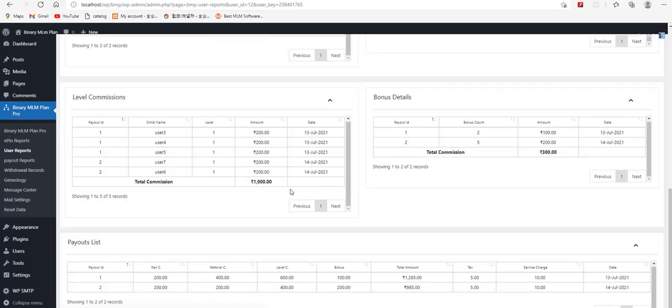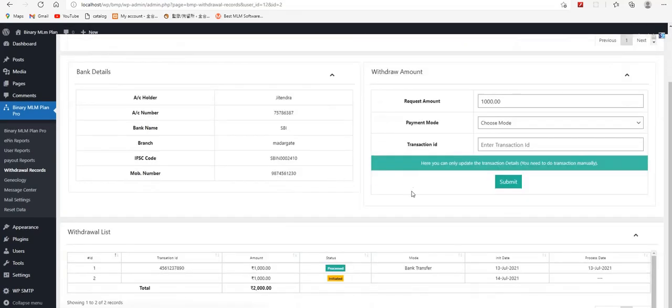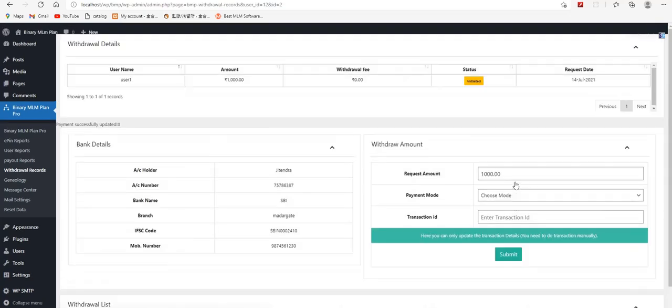Okay, so now I am going to the admin part, and in the admin part, I am checking withdrawal requests. So here this one is showing initiated.